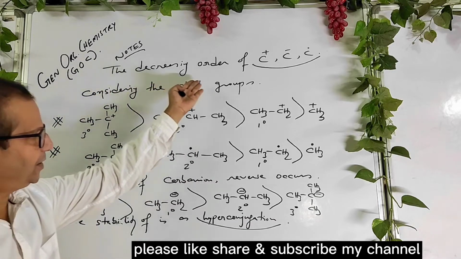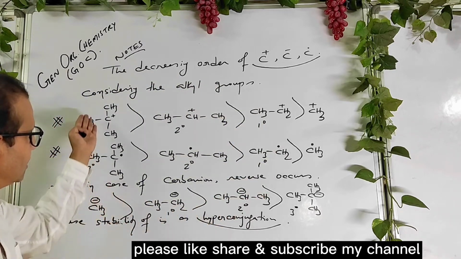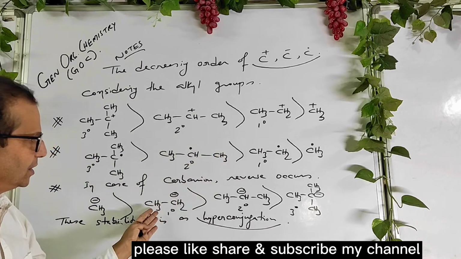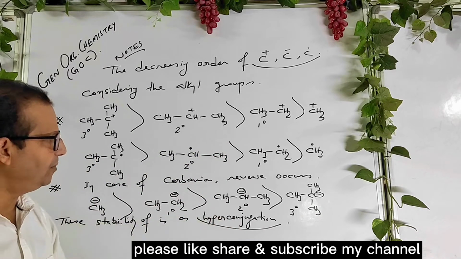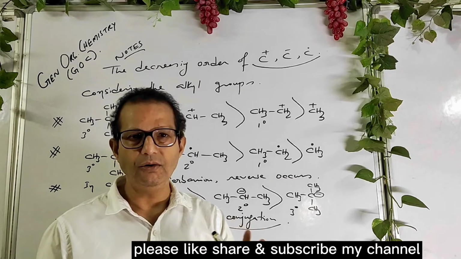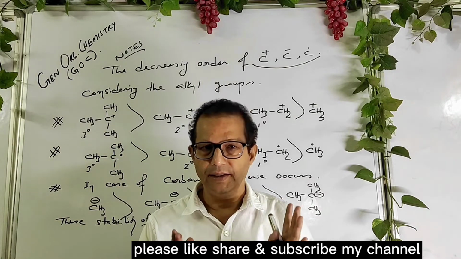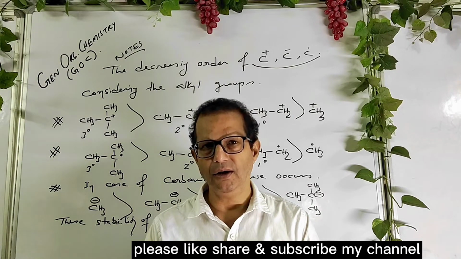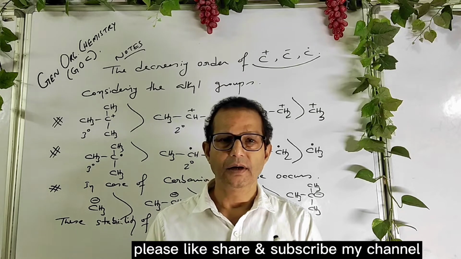And the stability order of these intermediates is on the basis of hyperconjugation. But remember it, when a phenyl group is present, then the stability order of carbocation, carbanion